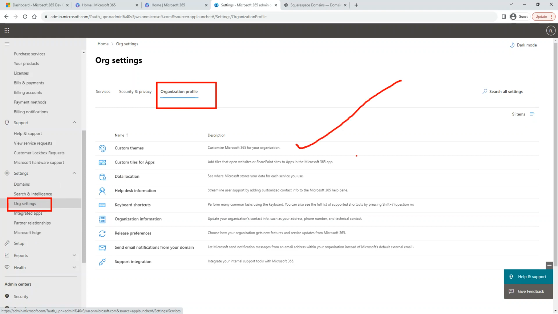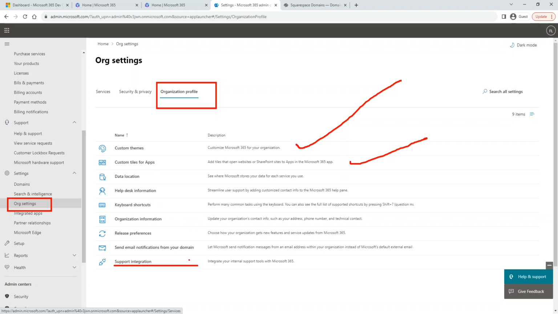Here we go. We can set the theme. You can set tiles and apps. You can set a default data location, keyword shortcuts, organization information, and support integration.